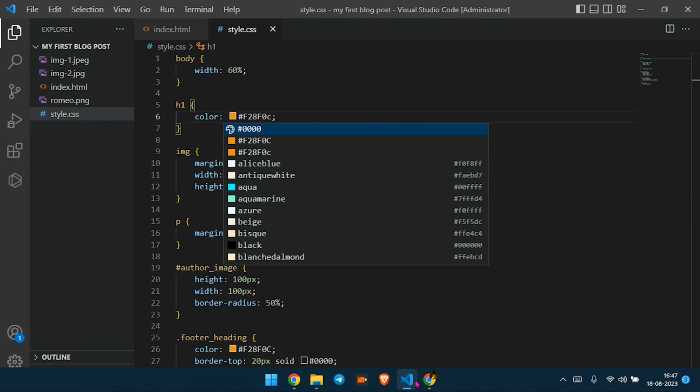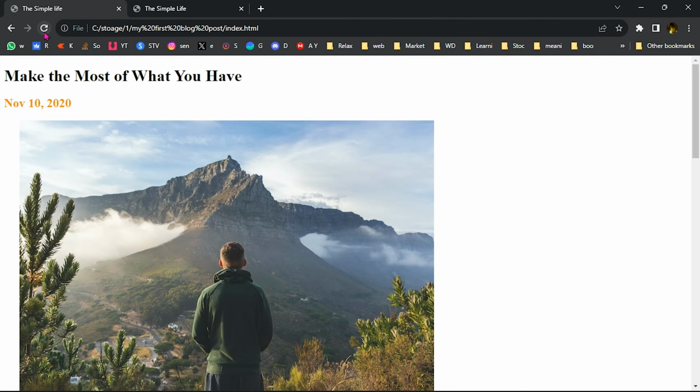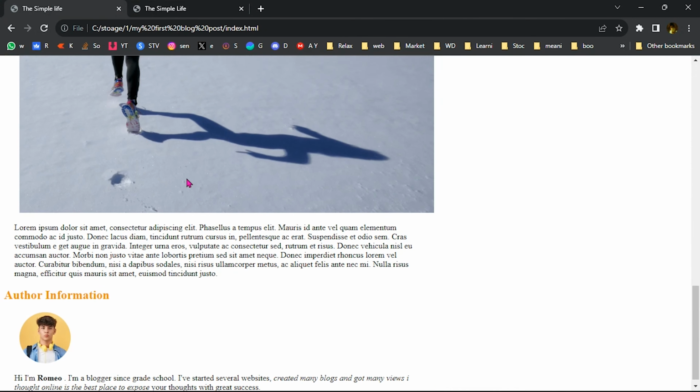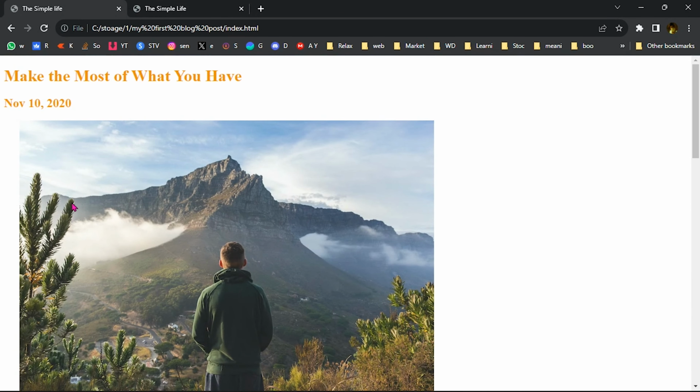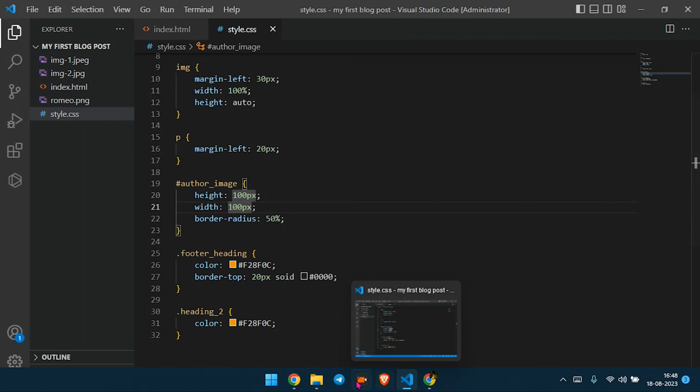Hit Control S to save. Refresh. See, now we added styles for multiple H2 headings by using the class selector, but we forgot one more thing,